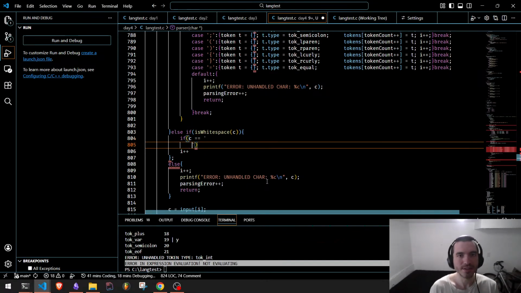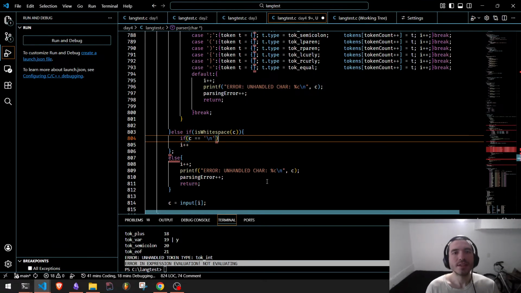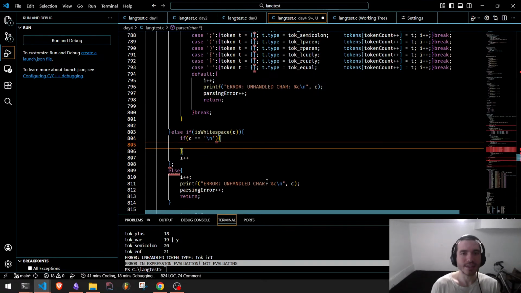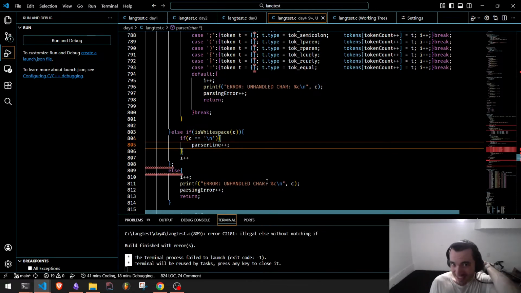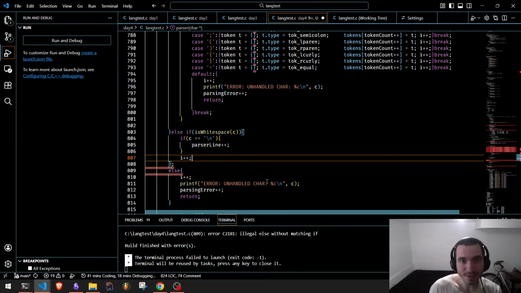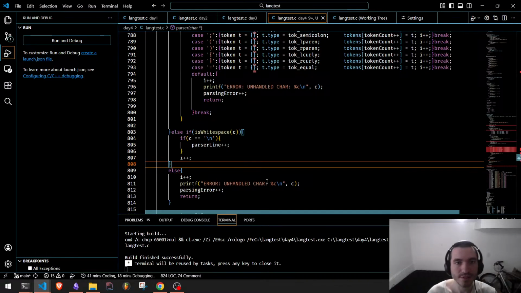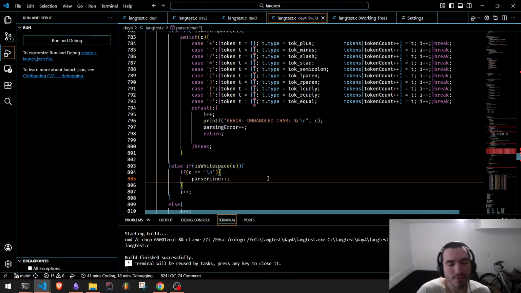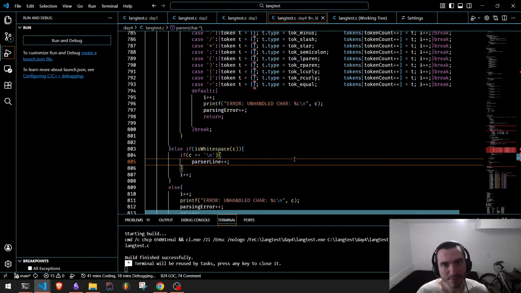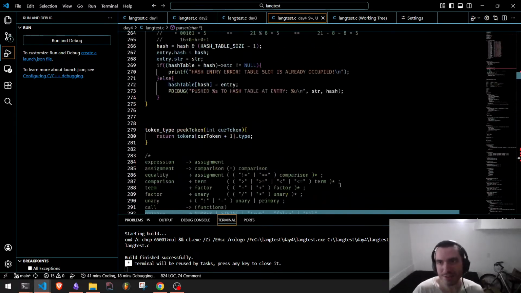It doesn't really matter. Add a check for a new line character, and then we'll do parser line plus plus. And we're doing something wrong. Imagine that. Forgot a semicolon. So we're going to increment the parser line,